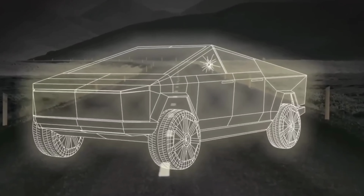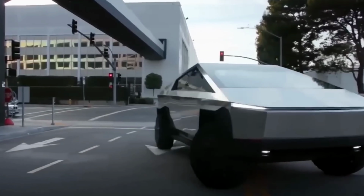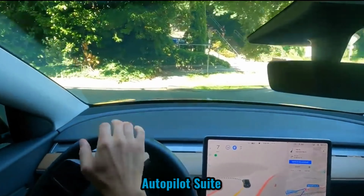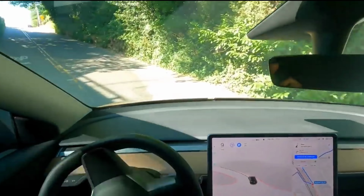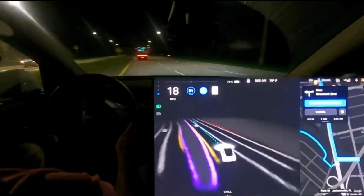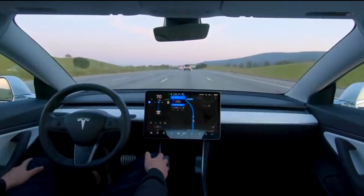A year after announcing that Autopilot would be limited to vision only, Tesla has revealed that ultrasonic sensors and radar will be phased out in favor of cameras. Ultrasonic sensors detect objects at close range and were included in the original Autopilot suite, which also included a front-facing radar and 8 cameras around the car. As Tesla embraces a camera-based system, the small sensors, best known for detecting vehicles during parking maneuvers, are on their